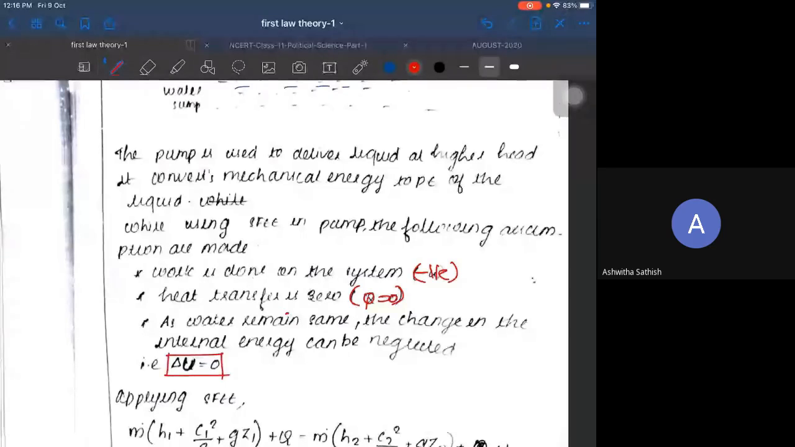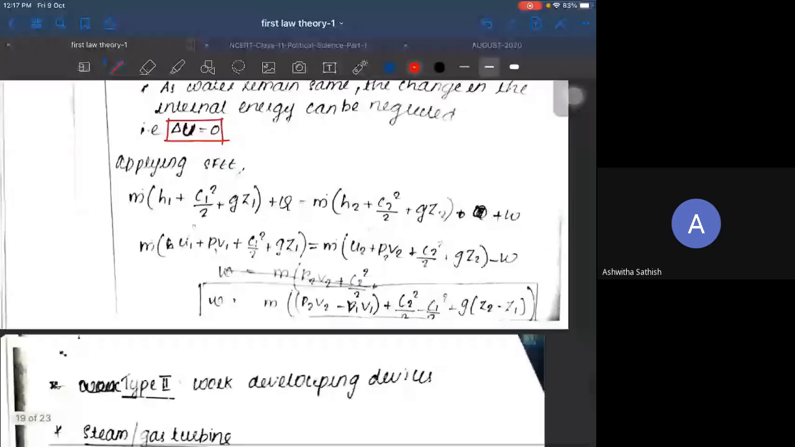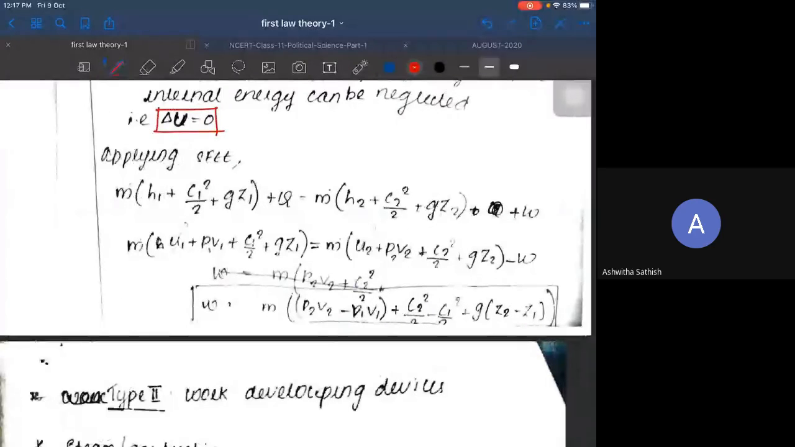Because there is no change in the temperature, the internal energy change will also be zero. So, the application of this particular thing is for problems. As of now, just remember, since internal energy is only dependent on temperature, no temperature change means no internal energy change. That's why the internal energy change is also zero for the pump. Now, when you are applying it,